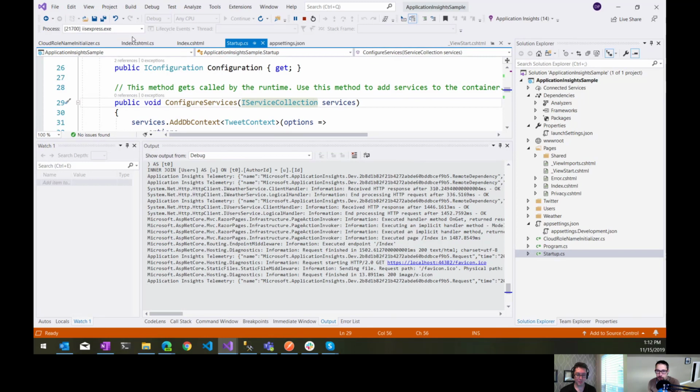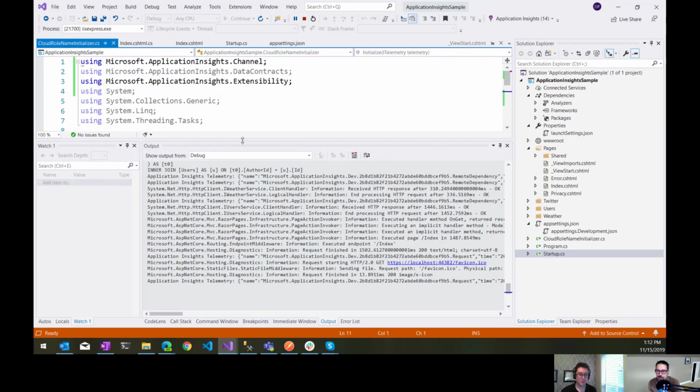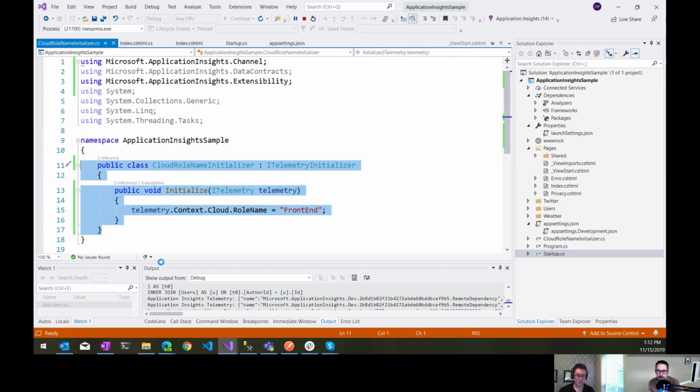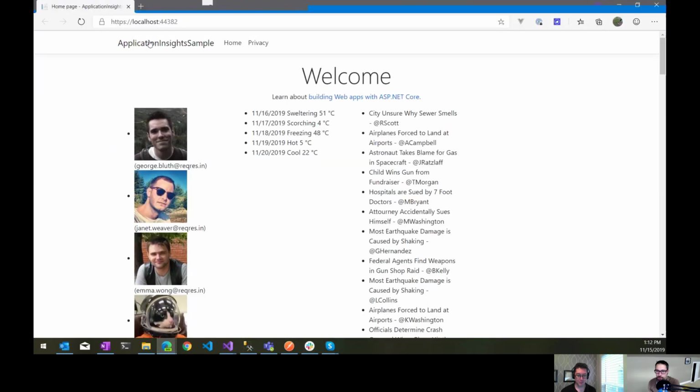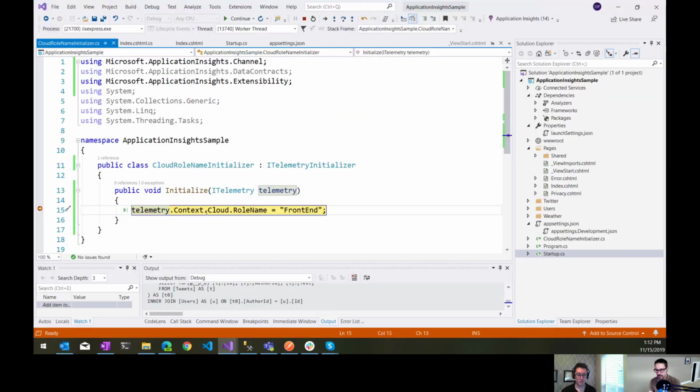Let's make sure we're hitting our breakpoint before we go looking for things in App Insights. Success. All right. So you can see initially the role instance is my machine name, and the role name is